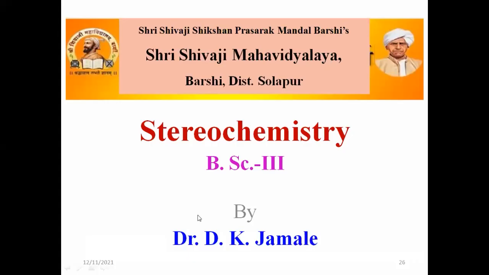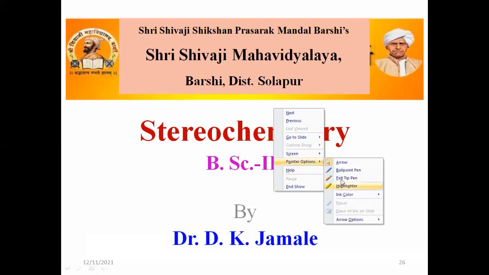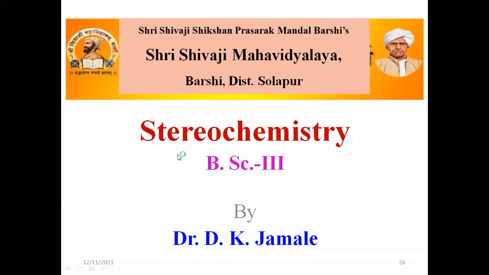लास्ट लेक्चर मध्ये आपण एक महत्वाचा पॉइंट स्टेरिओकेमिस्ट्री या टॉपिक मध्ये डिस्कस केलेला होता, कन्फर्मेशन्स ऑफ सायक्लोहेक्सेन. There are two main conformations of cyclohexane: one is called chair and second is boat conformation. In addition to these two main conformations, there are two more: one is a twist conformation and second is the half chair conformation. Okay, this is just about the cyclohexane.